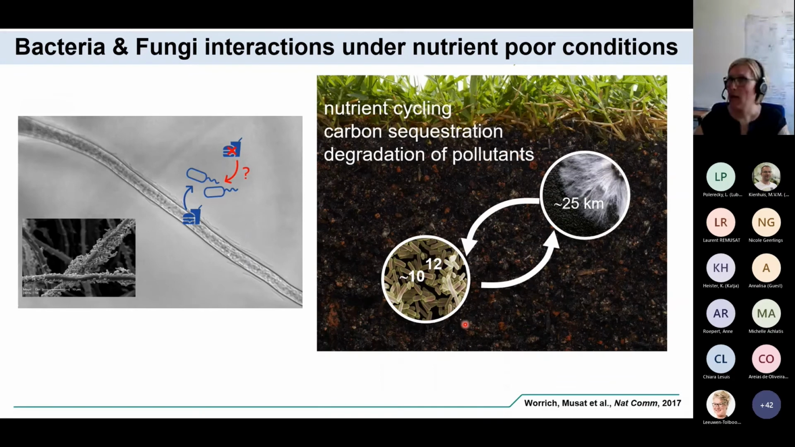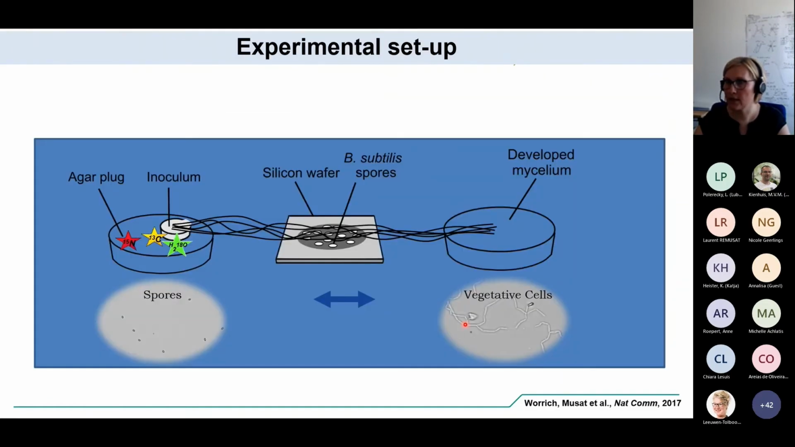My last story is about bacterial-fungal interactions, as these are extremely important in soil. It's known that fungi are able to transport nutrients and possibly water through soil, and people believe that this ends up in microbial biomass as well, but there was missing evidence that this really happens. So what we did here, we created a setup where we allow the fungi to grow,